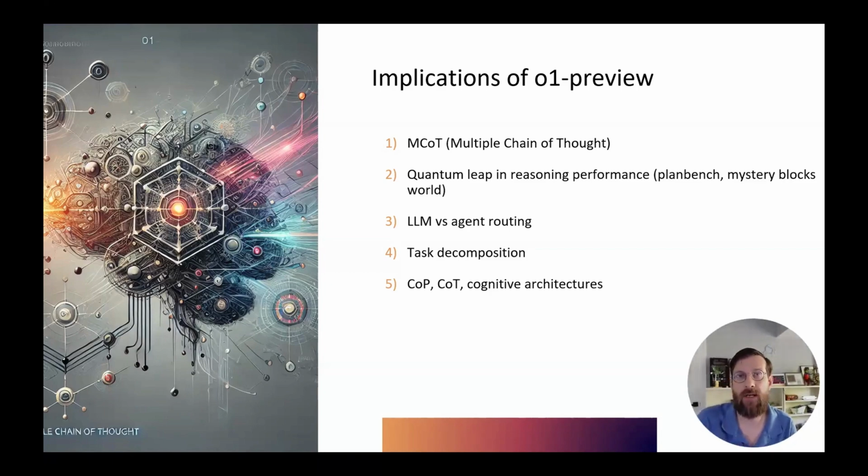Another thing that O1 Preview seems to be good at is, based on a task, applying an appropriate approach. I would call that more an agent routing type approach, because the approach that the agent will take to solve the problem is usually baked into its prompt to some degree. So which agent should handle which task is very different from which LLM is best for which type of task.